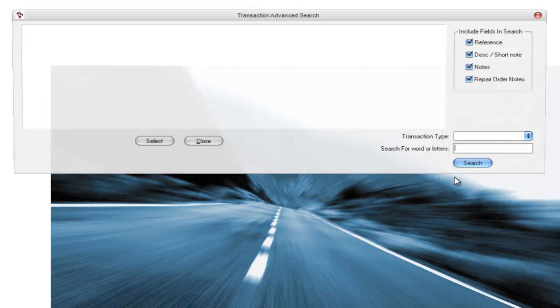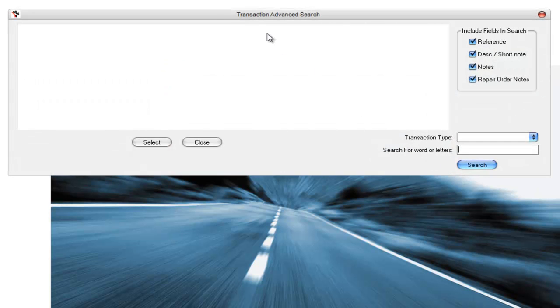If you press Control T, that pops up the Transaction Advanced Search. What this will do is search through all sorts of transactions, whether they're things like debtor receipts, maybe workshop invoices, parts invoices, other transactional things, payments, all sorts of transactions that happen in the system. Let's say we've got an example where a customer rang up and said, oh, order number such